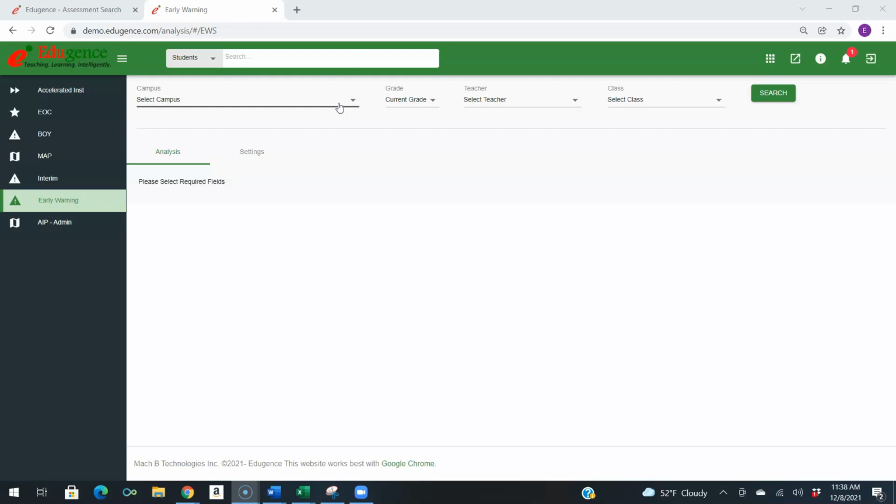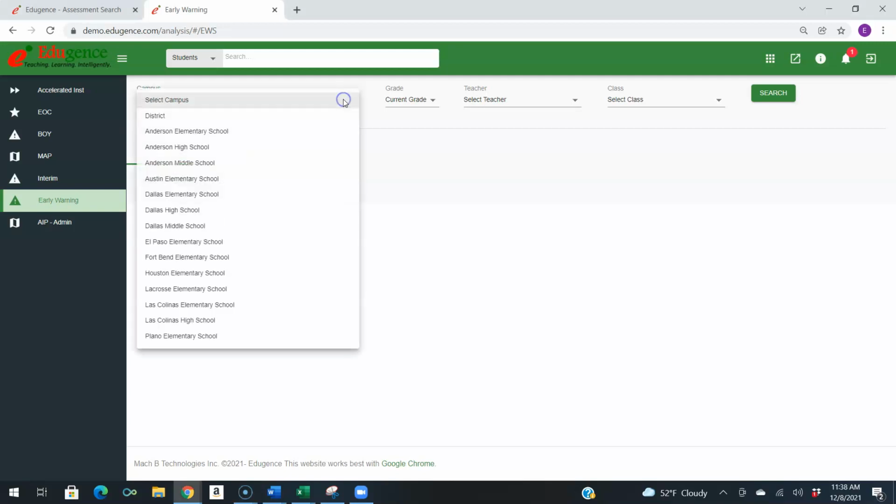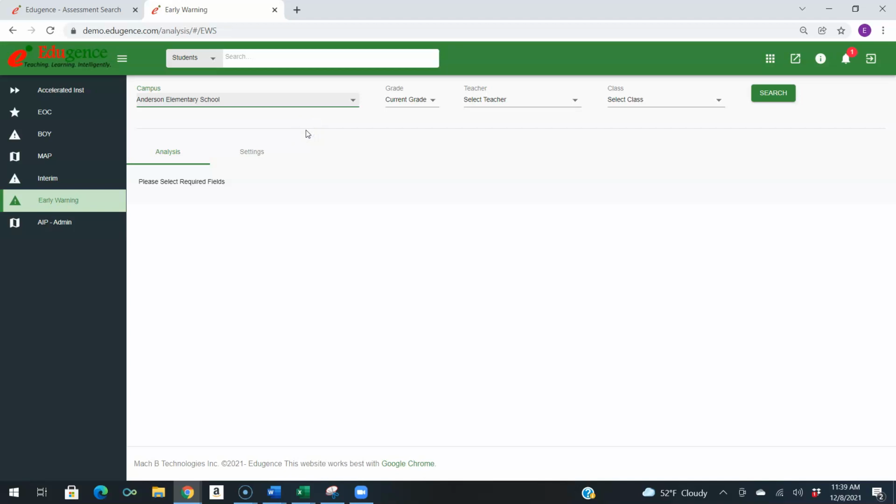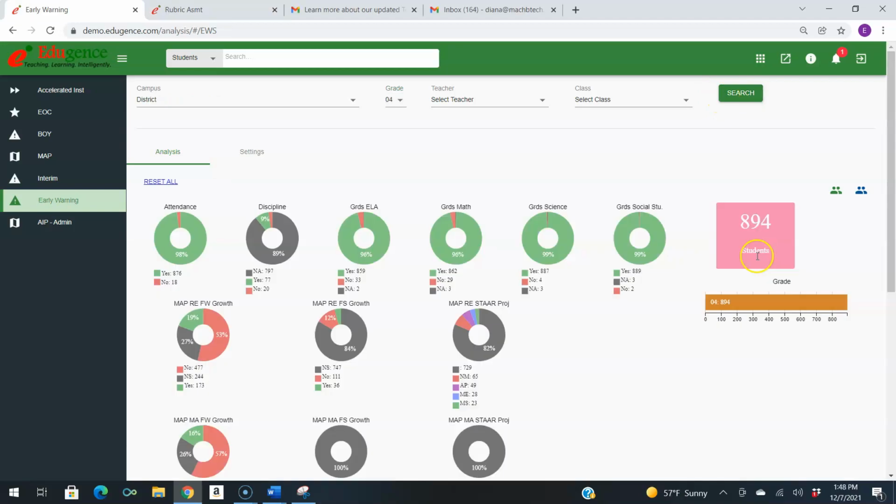If you are a district level user, you can choose district or campus. If you are a campus level user, you can only choose campus. So I'm going to choose an elementary school. Choose current grade, and you can also choose teacher and select class. Click on Search. The number appearing in the pink box shows you the total number of students in that grade